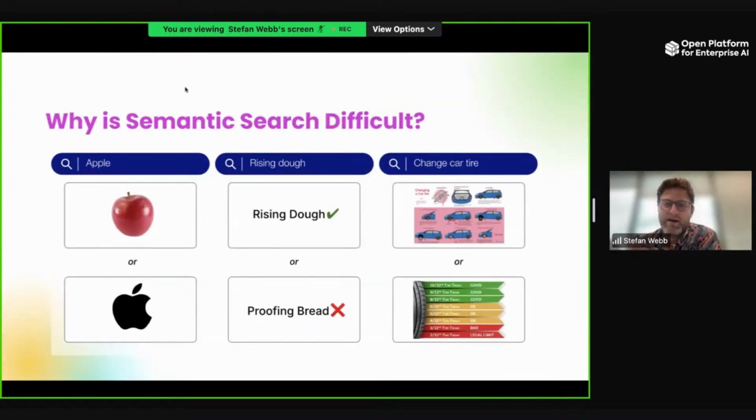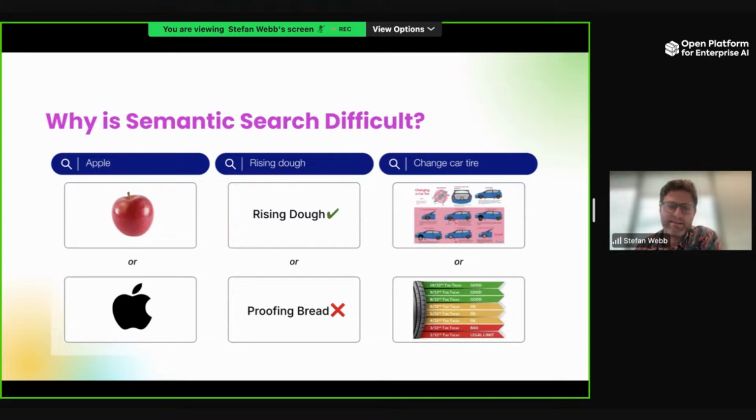So very quickly, when I say semantic search, I'm putting that in contrast with lexical search. A traditional search would be primarily based on keywords, whereas semantic search is based on representations from deep learning models that capture the semantics of text, images, audio, and so on.